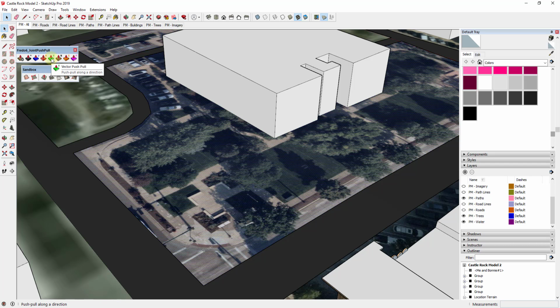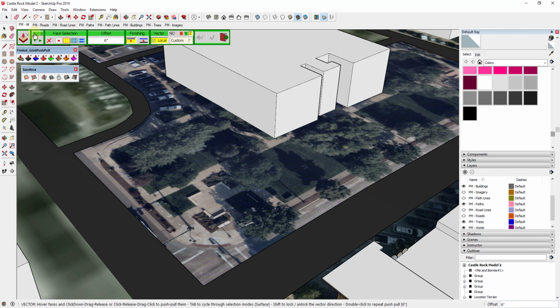We're going to go into joint push pull, which I will link to in the notes below, and I will click vector push pull. And yours may look like this. I get a lot of questions about where the actual project on plane option is, and it's under more options. So you just come up here, click this right arrow, and it's going to show up. So what you want to do is make sure that you've clicked the button for project the shape